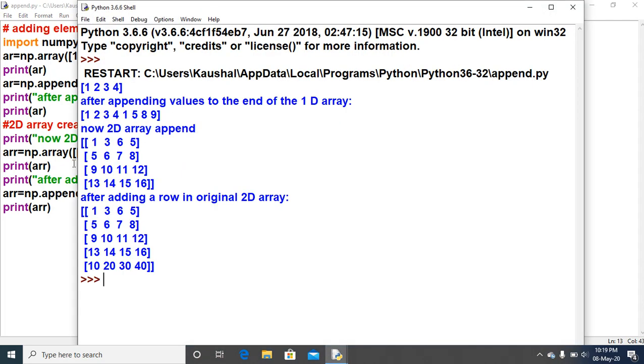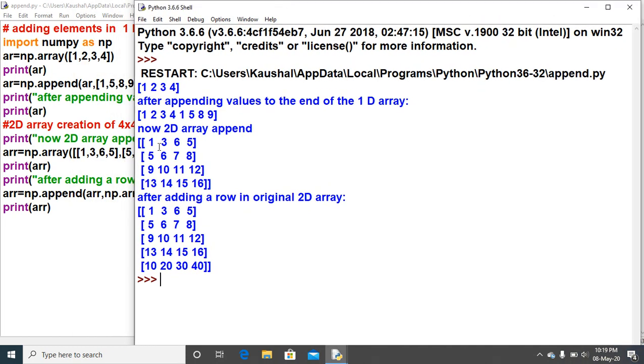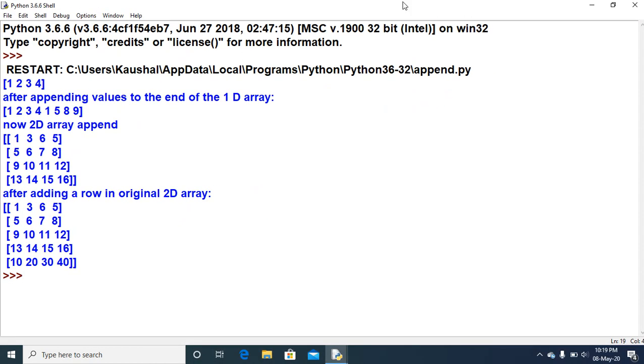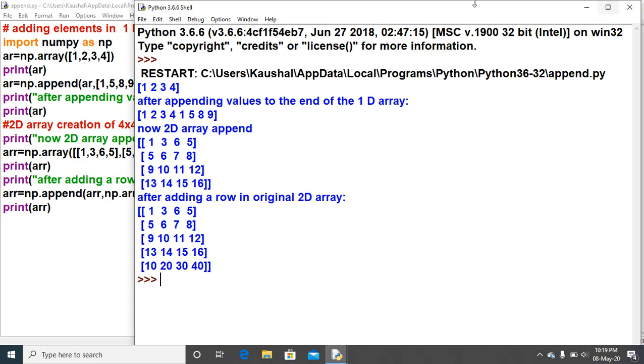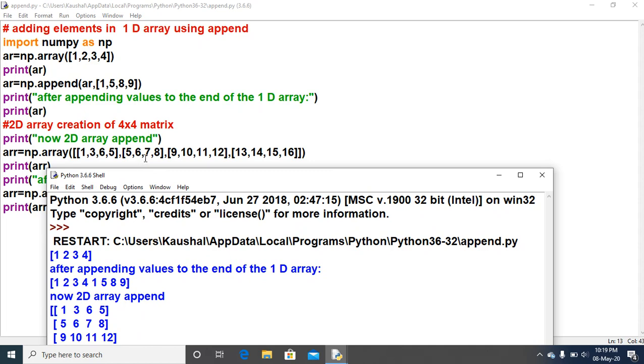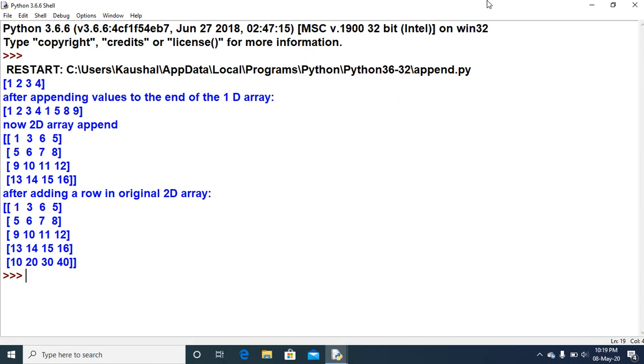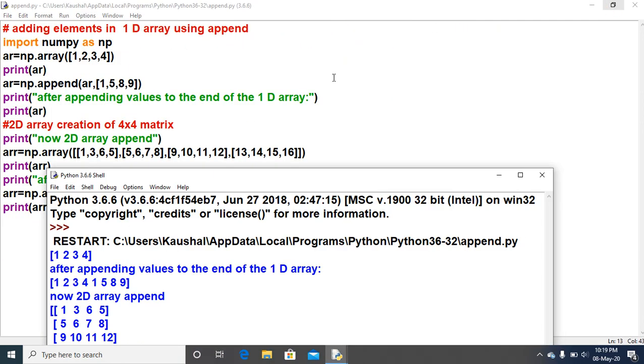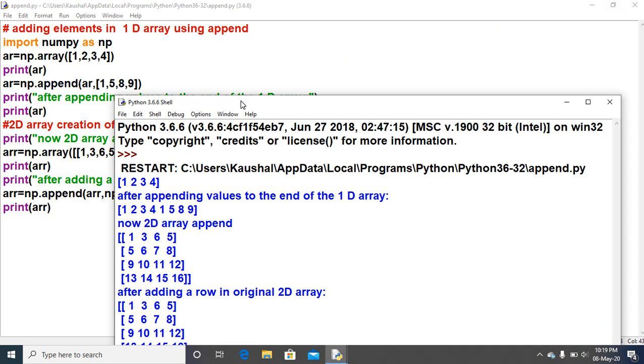So here you can see what we had discussed previously. Now the 2D array append, and you need to focus on these values: 1, 3, 6, 5, 5, 6, 7, 8, 9, 10, 11, 12, 13, 14, 15, 16. And then after this you will be using the addition of the element.